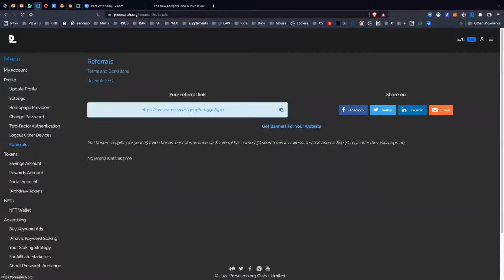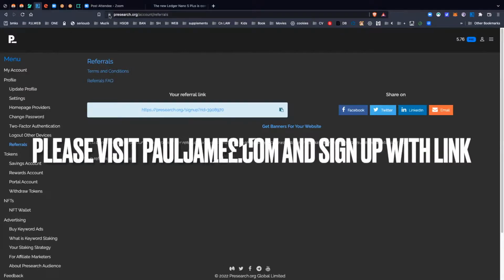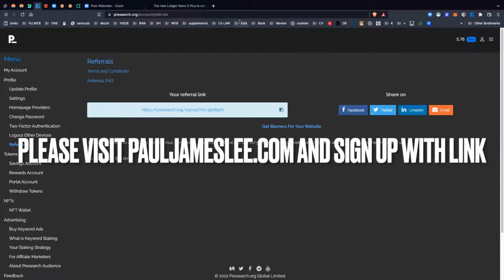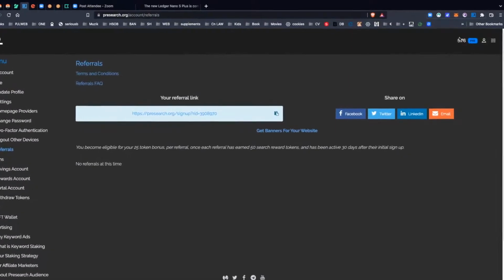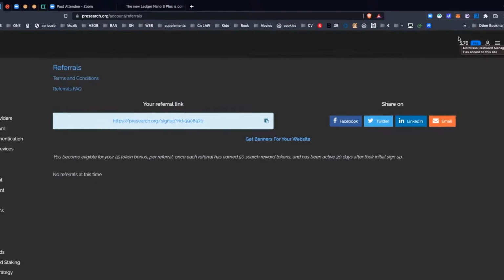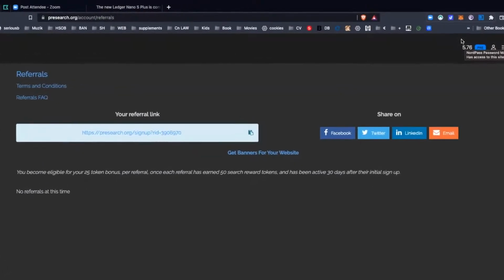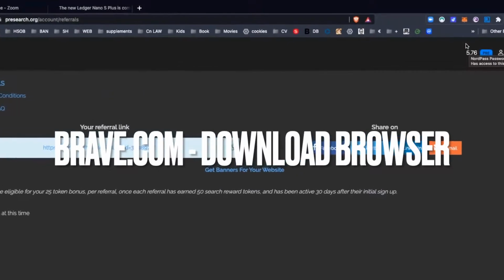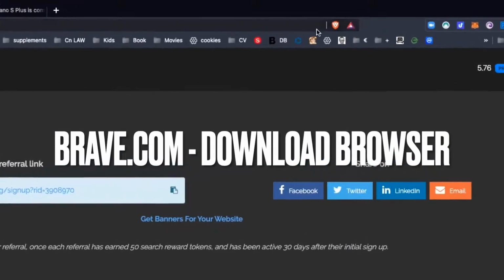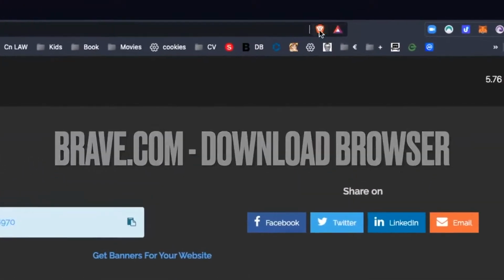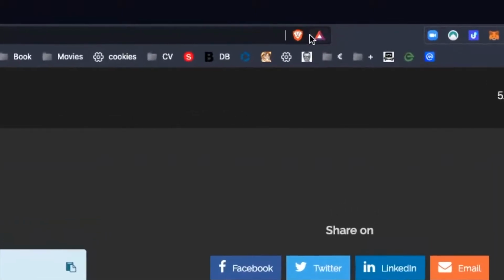This is Presearch, which is a search engine, presearch.org. You can put it on your phone, you can put it on your desktop. It links into your browser, and it works with Brave. I use the Brave browser, which gives you rewards for linking up your web interaction, where you can set up a wallet. I've been doing that for quite a while,